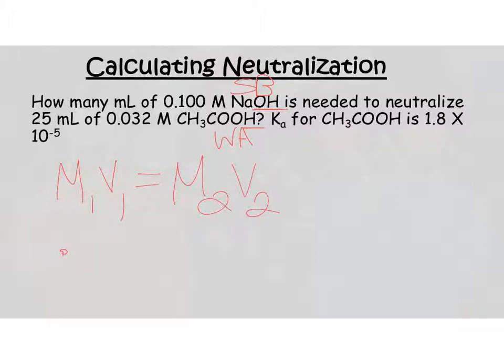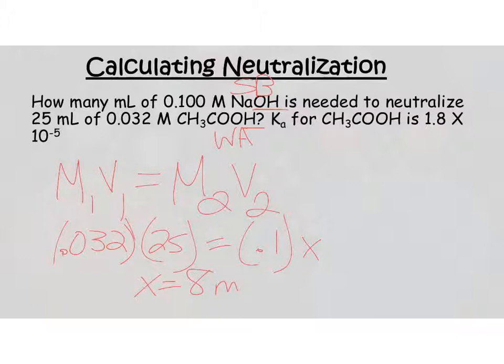All right, so I got 0.032. This is for my acid, and 25 milliliters. And then molarity of my base is 0.1, and I'm looking for my milliliters of my base. So then I solve, and I get 8 milliliters. Okay, so that's how much NaOH I need to neutralize